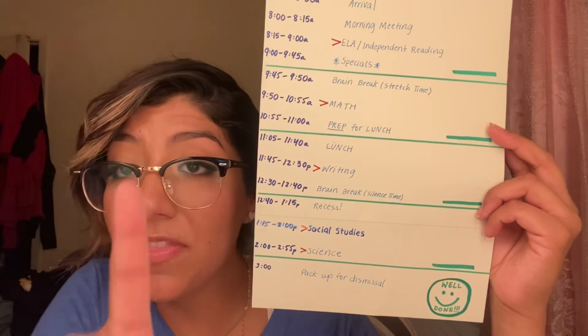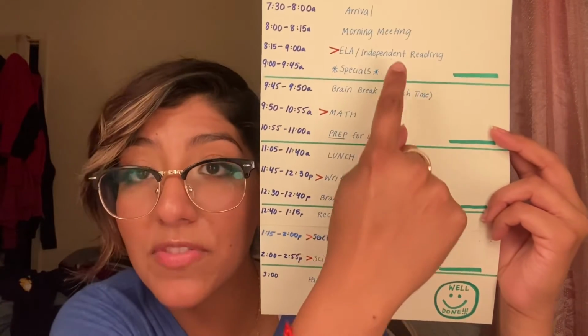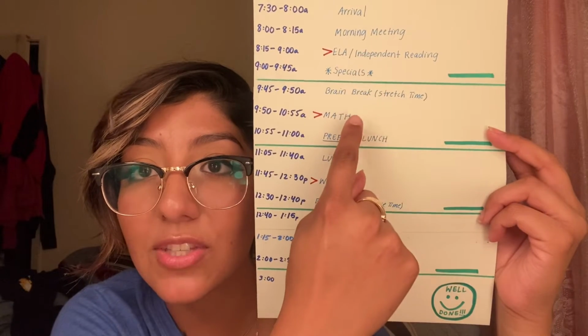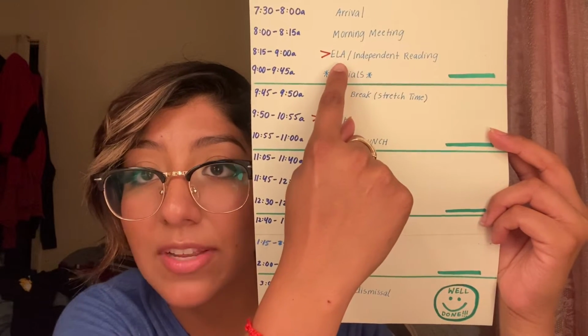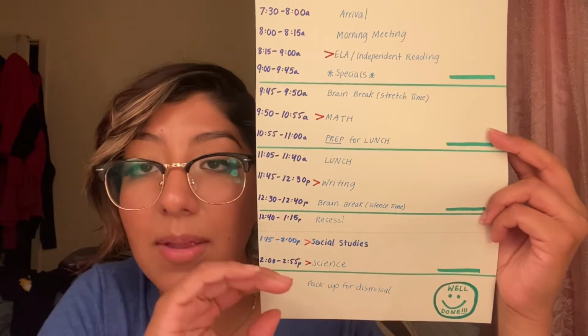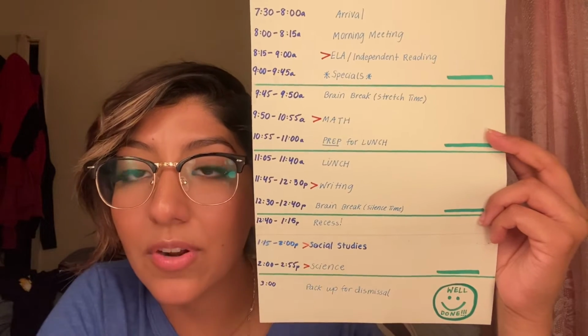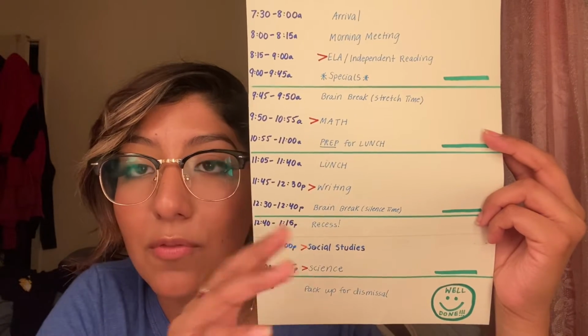But one thing I do want to mention is that I want to warn them. I will warn them before it starts. So let's say we're about to start ELA. I will announce that and give them a warning. Hey guys, I'm about to start ELA lesson. Put your phones away. Make sure you're not putting your phones on your desk.